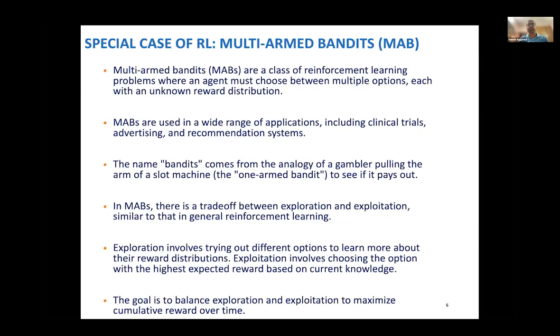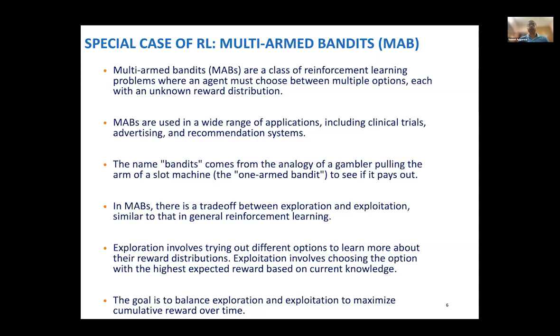There's one special case of reinforcement learning, which is typically the first case one learns about, called the multi-armed bandit problem. Multi-armed bandit problems are a class of reinforcement learning problems. This can be easily explained as you have multiple options. I give you 10 choices. You have to choose the one which gives the best reward. The only thing is